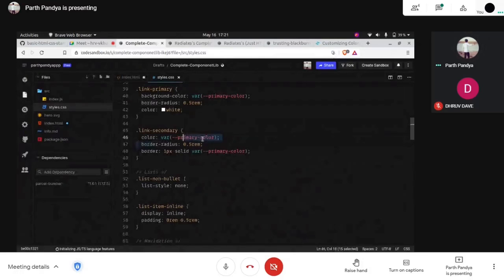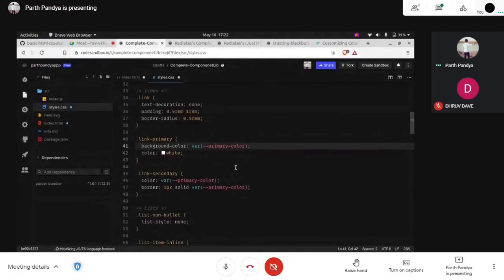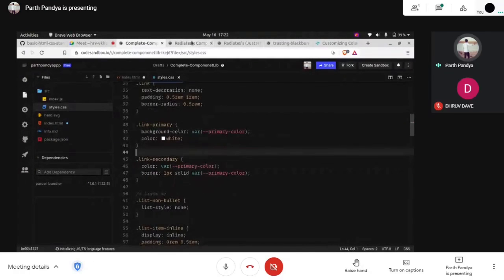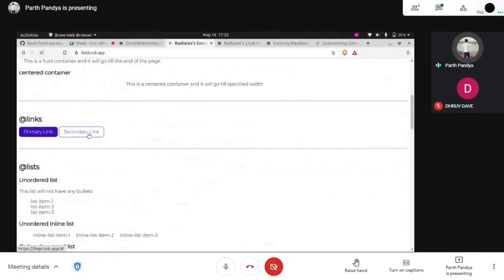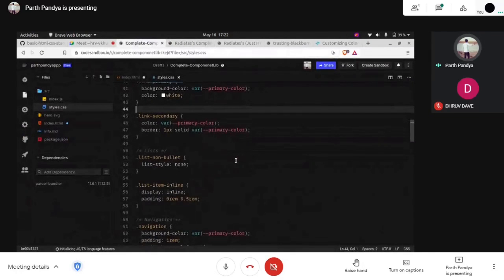We can remove this border radius from link primary, because we have that in common, and we are using this link in both of them. So this will have no change. This is how you can use the parent style, then do the child style.